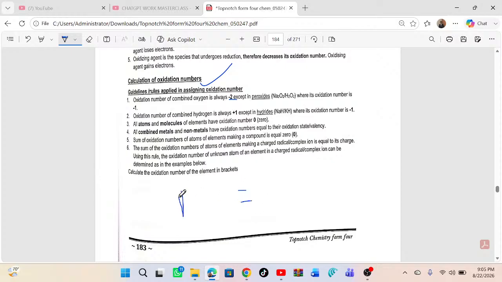So ukiwaambia utafute the oxidation number of sodium unasema nini? Then the sodium is equal to 0. So you equate to 0, for all atoms and molecules of an element. Step number 4 is all combined metals and non-metals have oxidation number equal to the oxidation state or valency. So mostly this applies to